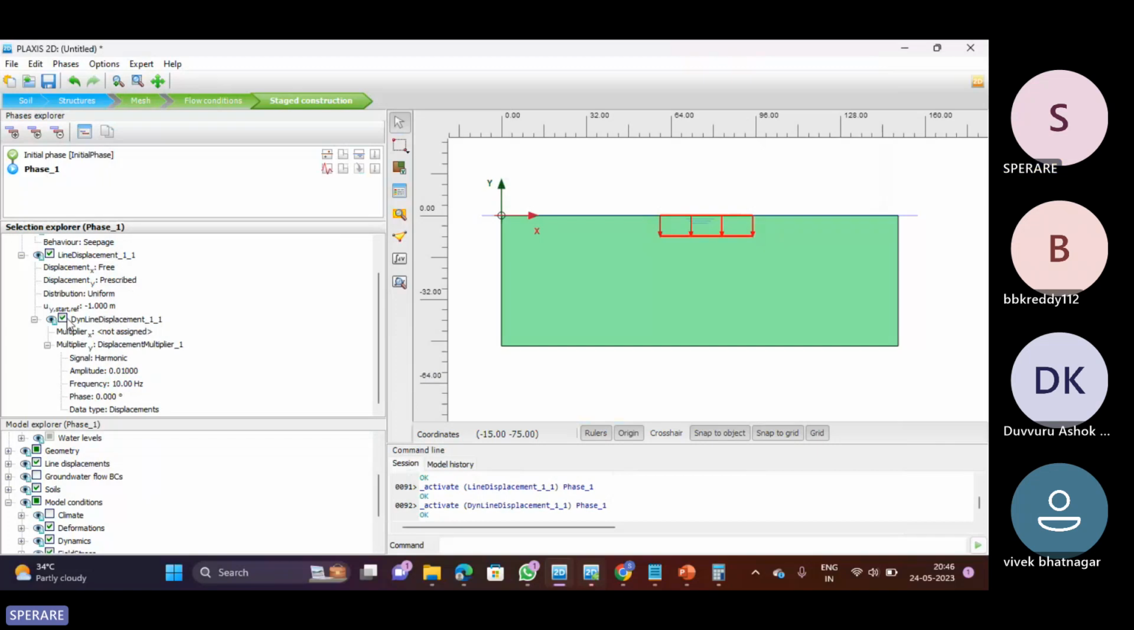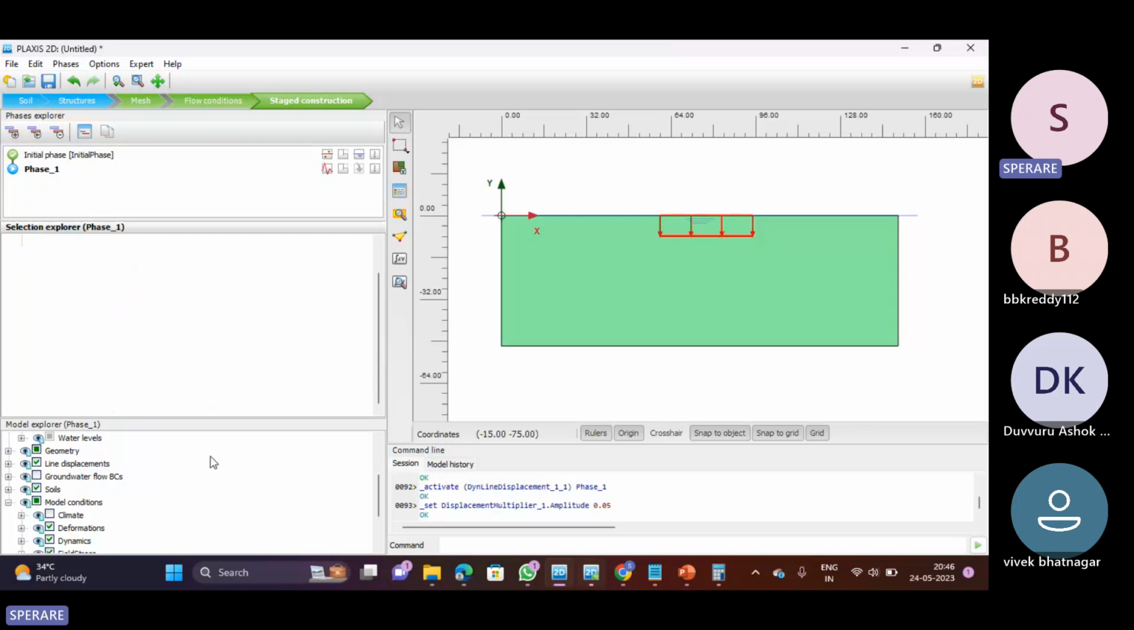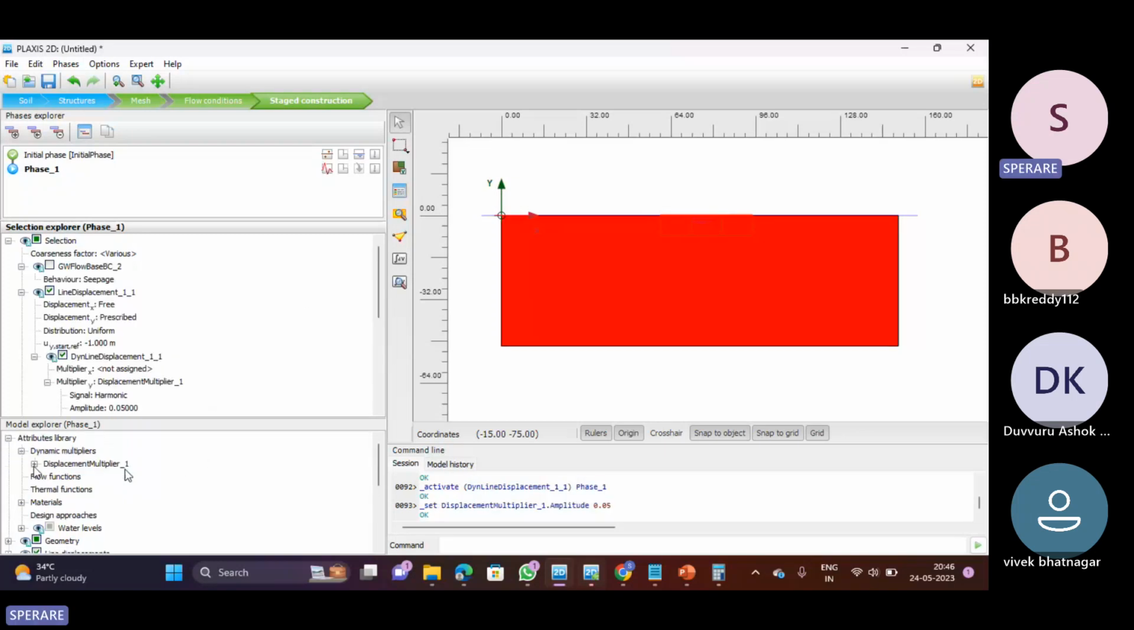0.01 meters. 0.1 we try. 0.1 is also a big one. 0.05 we can see. The frequency is 10 hertz actually. So when I just go for this